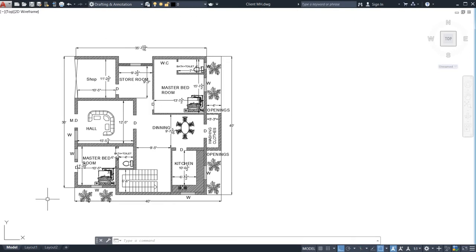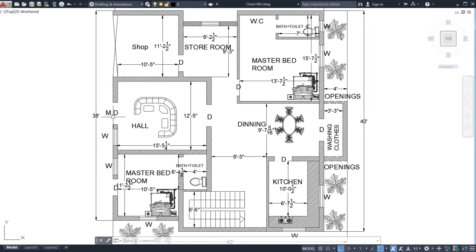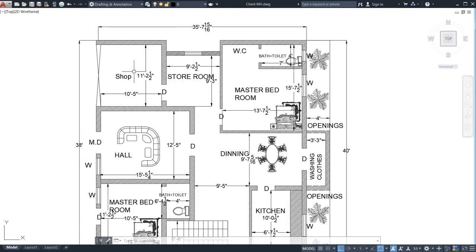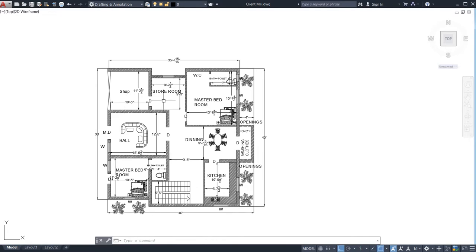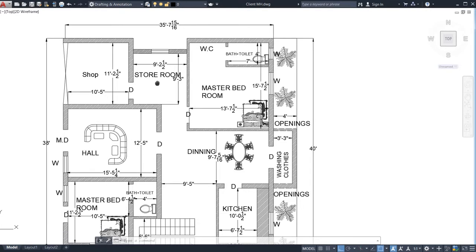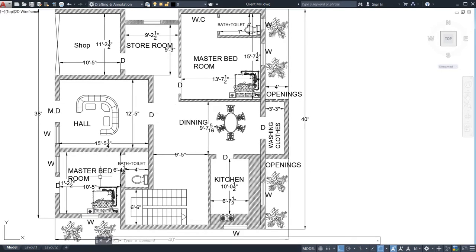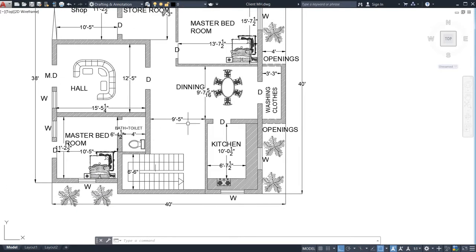This will be the entrance of this building plan. This is the main gate, and this is the shop. You can see the specification and the dimensions of the shop, but not only the shop, all of these building rooms, dinings, halls, bedrooms, staircase.